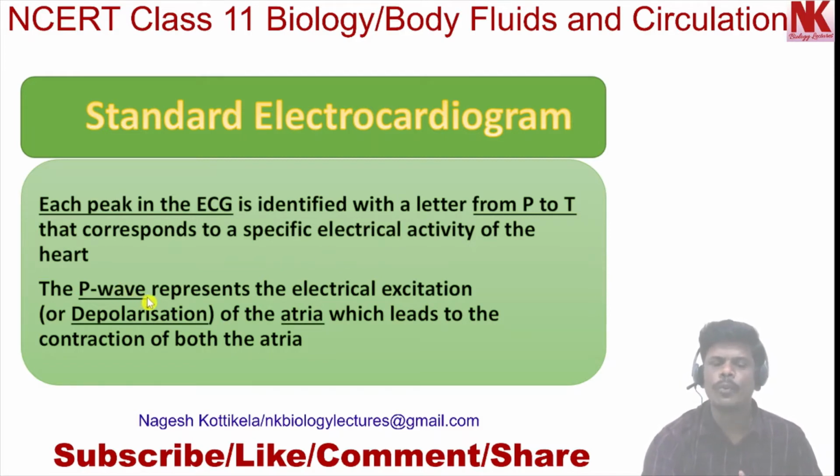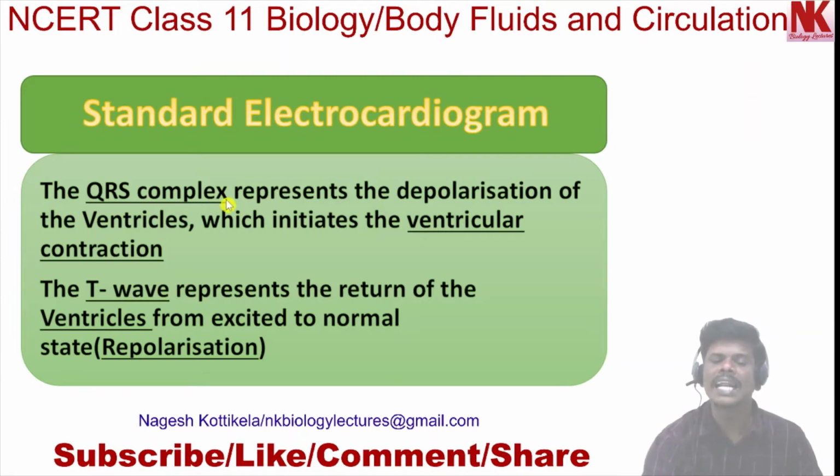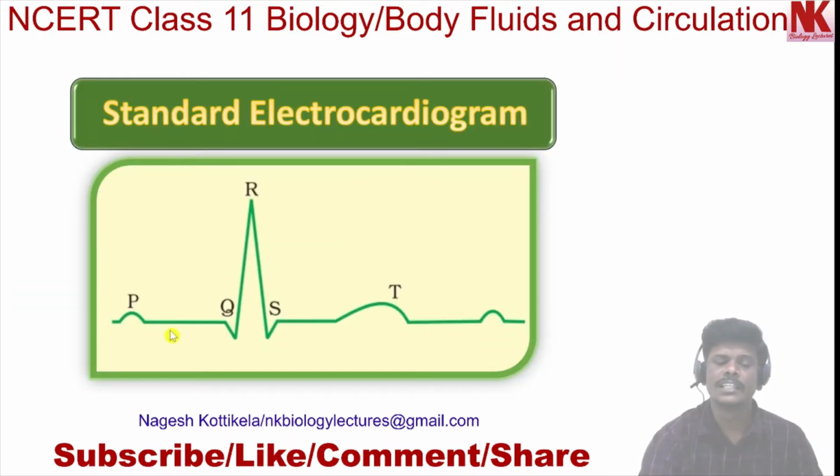The P wave represents the electrical excitation of the atria or depolarization of the atria, which leads to the contraction of both the atria. Okay? Now, moving to the next. The QRS complex represents the depolarization of ventricles, which initiates the ventricular contraction. Here you can see the P wave denotes depolarization of atria that initiates atrial systole, and the QRS complex is